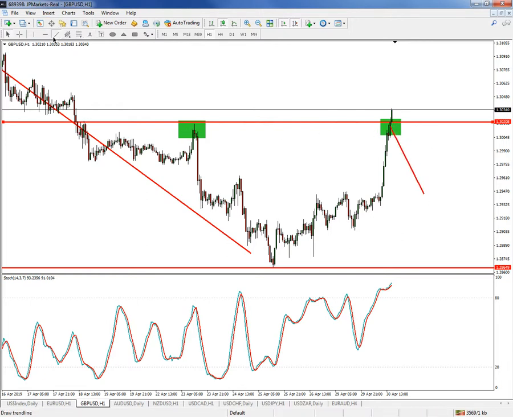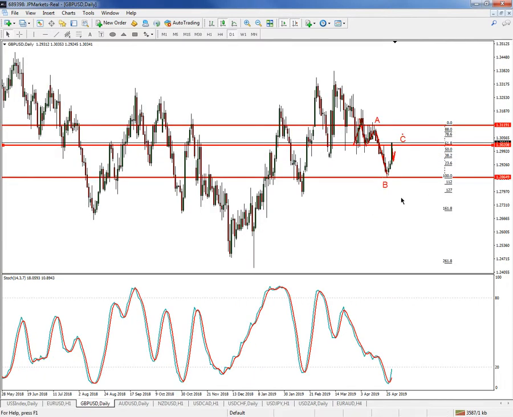But what would add confirmation to the trade is if it does this, and it gives me a lower high, adding to the daily time frame where I want to see the daily chart fall, right? Because the daily chart is still currently in some sort of a bear trend, where we have this bear move happening all the way down, testing the top of this channel and continuing down. So now we're currently testing the top of the channel. Another reason why we should potentially trade the sell.